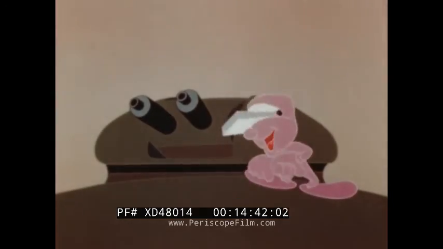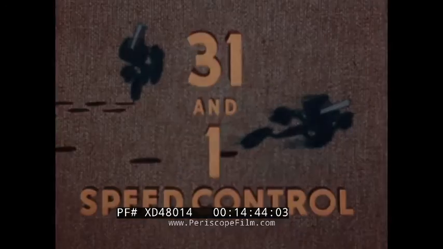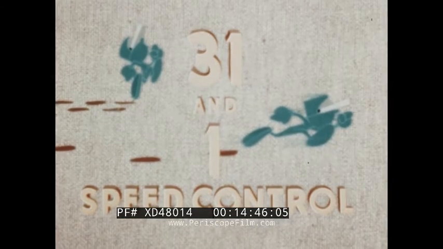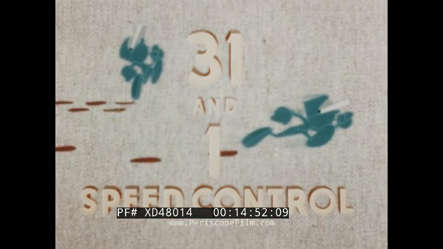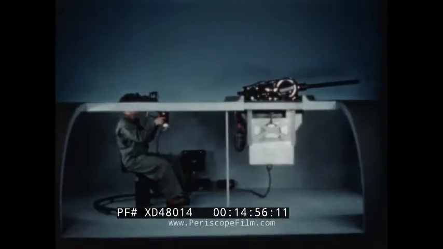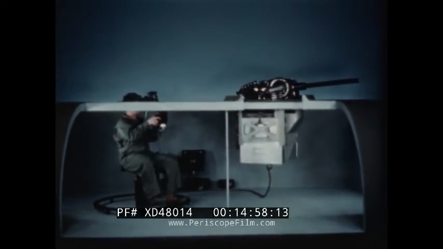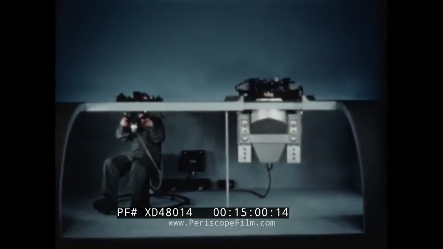And now they are stabilized. 31-1 speed control is applied to both azimuth and elevation channels. The azimuth channel will be used for the explanation. To make the guns follow the sight accurately,